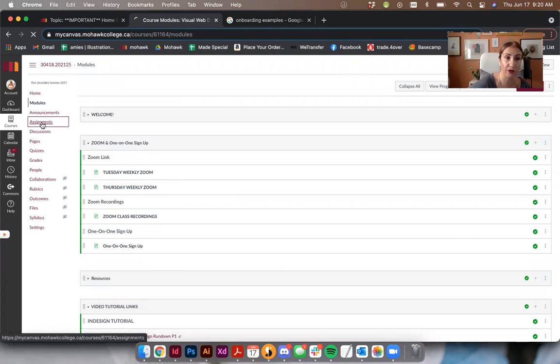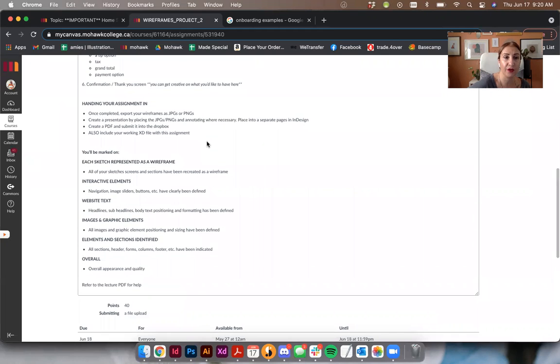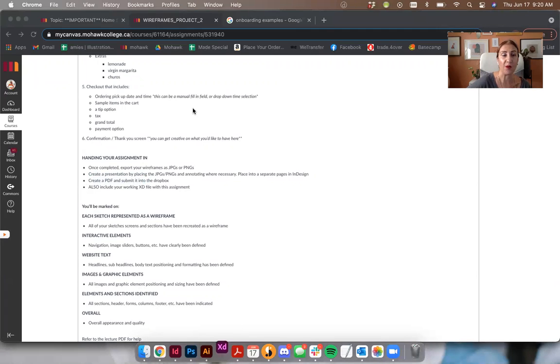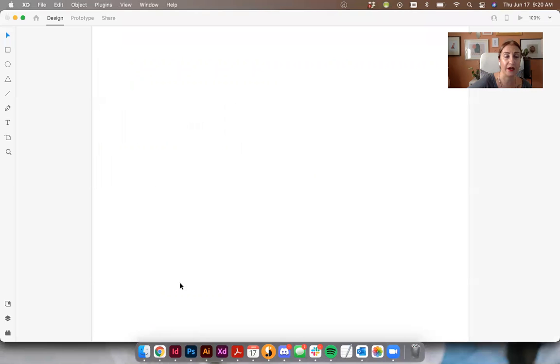Another note I wanted to go over is for your wireframes project, please ensure you look at handing in. Once completed, export your wireframes as JPEG or PNG. Create a presentation by placing those JPEGs and PNGs and annotating where necessary into separate pages in InDesign, like the example I just showed you and in the video that I created as well. Then you create a PDF and you submit that, but I also need your working XD file. Make sure that XD file doesn't have that little cloud image at the top. In a couple meetings, I did notice that. I believe I went over that in one of our classes, but just to reiterate,